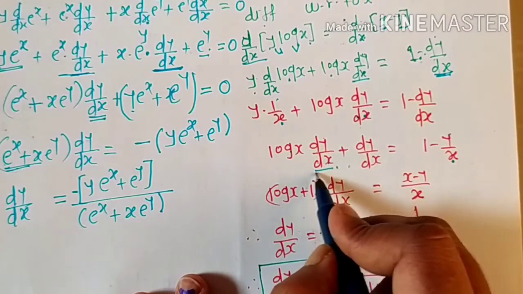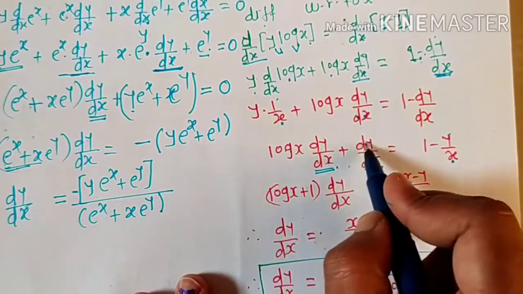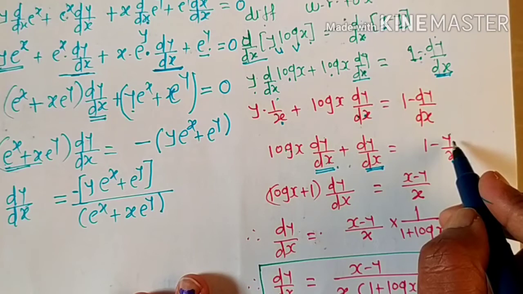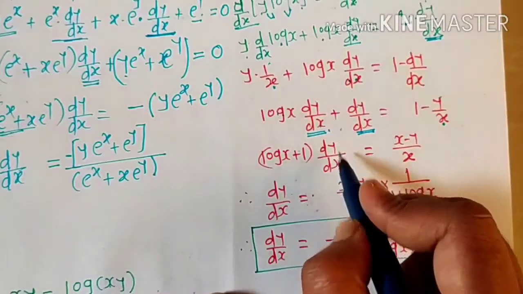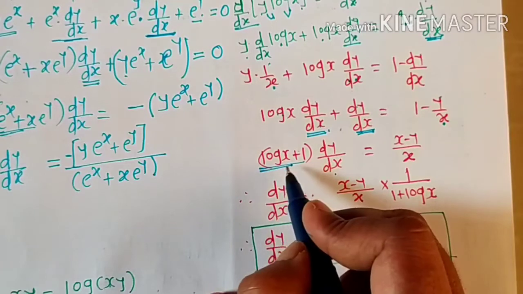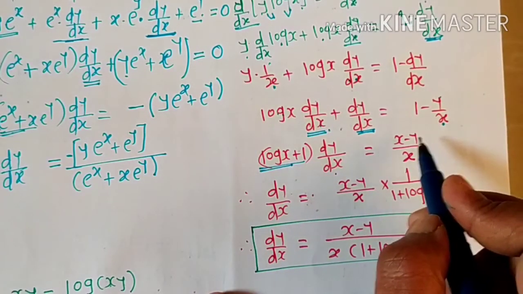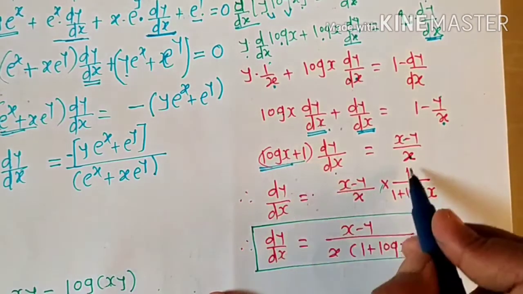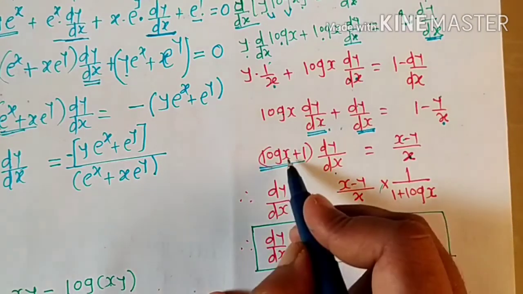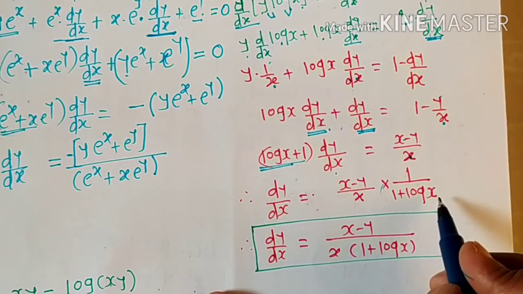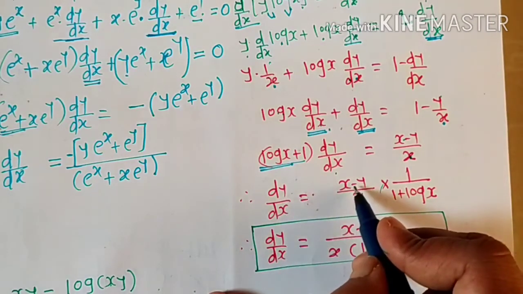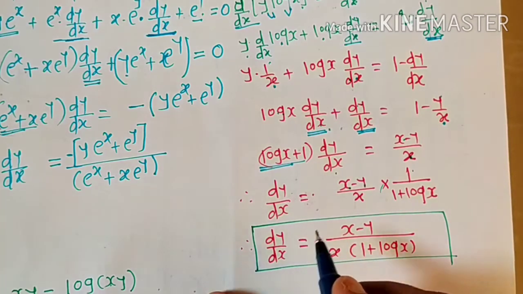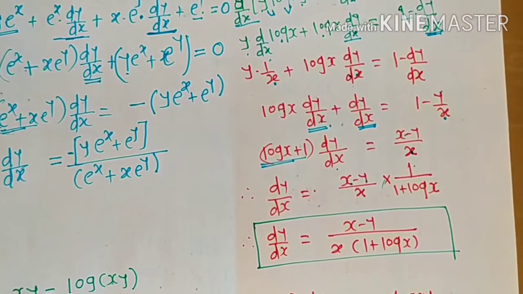तो log x dy by dx प्लस dy by dx, इनमें से dy by dx को कॉमन टर्म लेंगे तो log x प्लस 1 आउटसाइड इज dy by dx, और यहाँ पे अगर क्रॉस मल्टीप्लाई किया तो x माइनस y डिवाइडेड बाय x मिलेगा। तो इन ऑर्डर टू फाइंड dy by dx, यहाँ पे जो मल्टीप्लिकेटिव टर्म है अगर ये हमने राइट हैंड को ट्रांसफर की तो क्या मिलेगी, 1 अपॉन टर्म। तो यहाँ पे x माइनस y डिवाइडेड बाय x इंटू 1 अपॉन 1 प्लस log x, दैट इज log x प्लस 1। जस्ट वी हैव सिंप्लीफाई, देन dy by dx इज इक्वल टू न्यूमरेटर को x माइनस y, डिनोमिनेटर को x इंटू 1 प्लस log x, विच इज द वैल्यू ऑफ डेरिवेटिव।